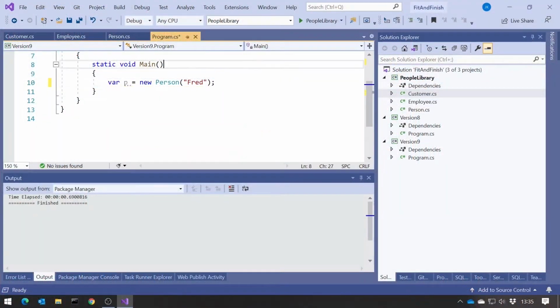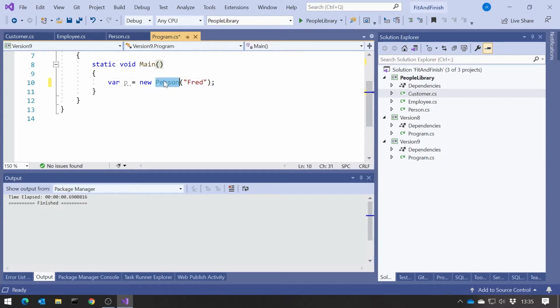And so because of this particular oddity, introduced in C# version 3, so this was Visual Studio 2008, we got the var keyword for the implicit variable declaration. So what we can now do is say var p equals new Person, and the type of p, we can see by hovering over it, is inferred implicitly from the type of the object that we've initialized it to, so in this case a Person.